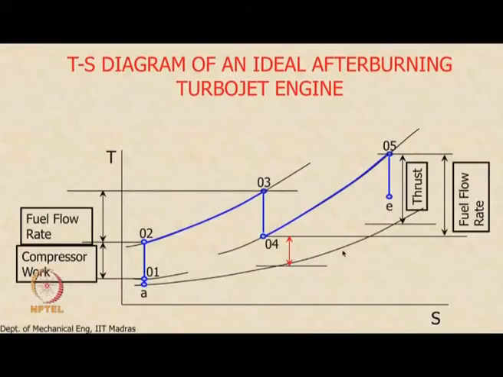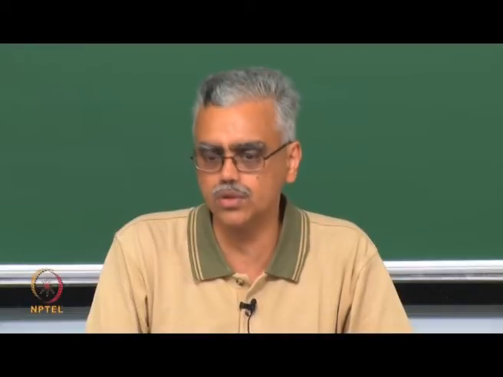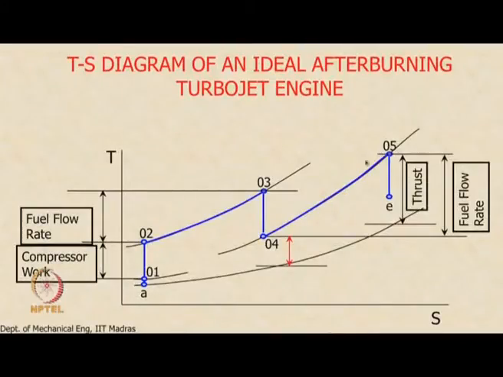Now when you add an afterburner, we take the fluid from the turbine exhaust, and before we send it to the nozzle, we actually send it into the afterburner where we burn fuel and increase the stagnation temperature. So we go along this isobar up to state point 05, where the stagnation temperature will be more than what it was here. In most cases, or it may be comparable to this, that does not matter. So it goes up to there, and then we expand this in the nozzle.